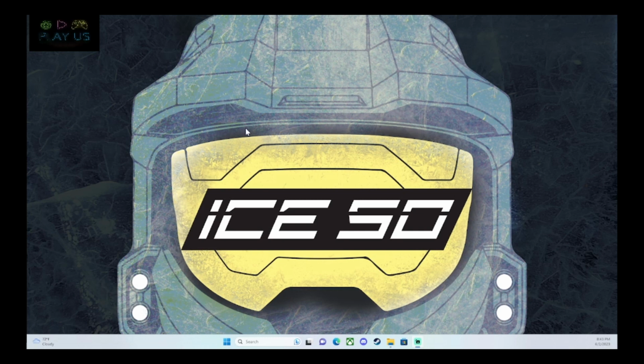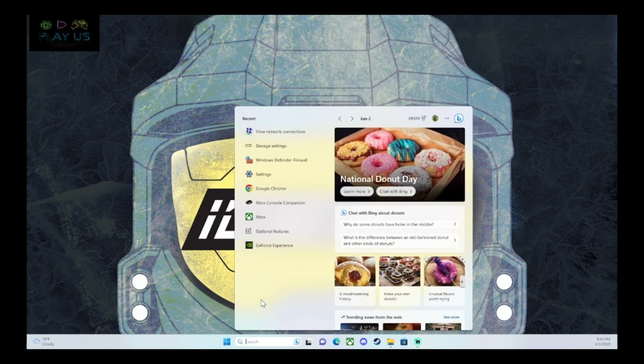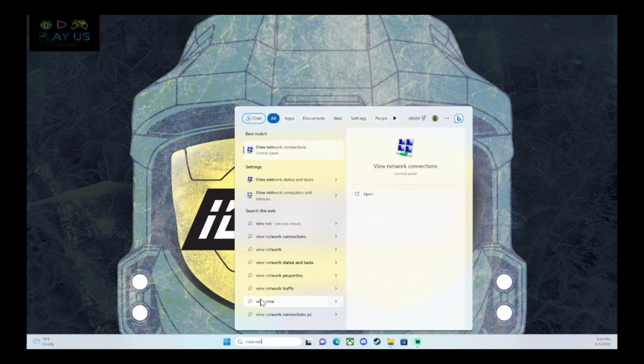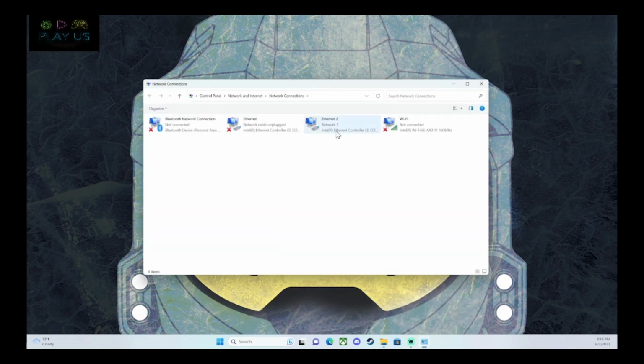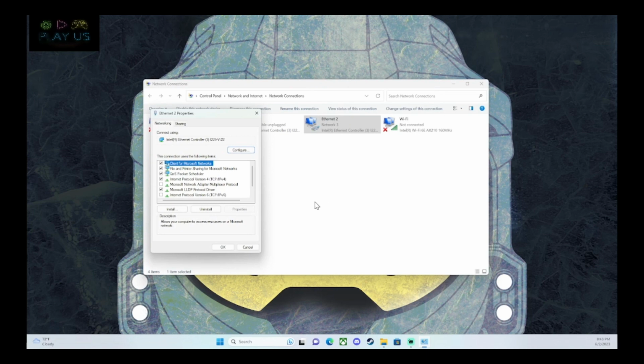So what you're gonna do, go to your little search. You're gonna do view network connections right here. From there, you go to whatever your active network connection is. Right click on it, go down to properties, and then from here, you're going to want to just make sure